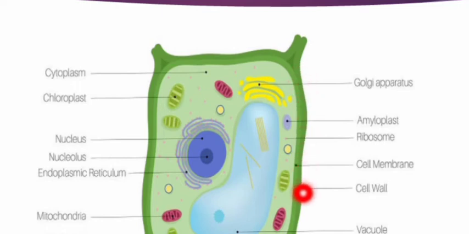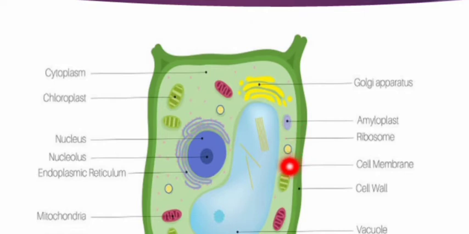Next one is the cell wall. It is an additional structure in the plant cell. The cell wall gives the shape of the cell. The cell wall is required by the plants for protection. Plant cells need protection against variations in temperature, high wind speed, atmospheric moisture, etc. So it helps the plasma membrane to protect from these features.